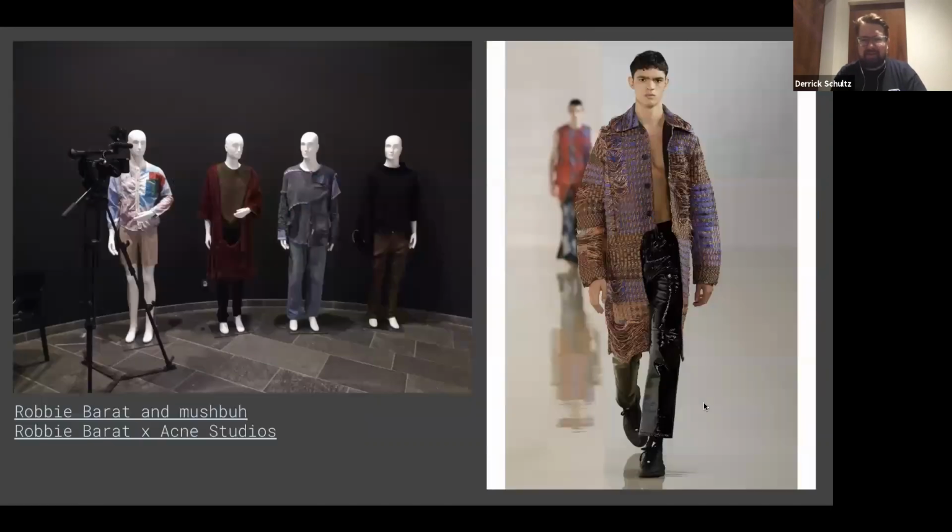They then showed this in a show where they made a bunch of prototypes of clothing. And then Acne Studios just this week released work with Robbie that is fashion clothing inspired by the GANs that Robbie had made. So this is the end-to-end, really amazing journey of someone making a GAN and ending up in a runway show from a very famous fashion house, right?